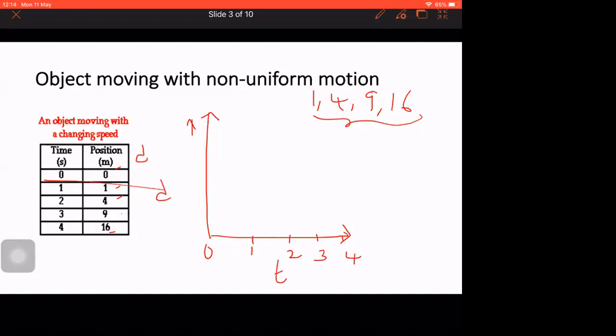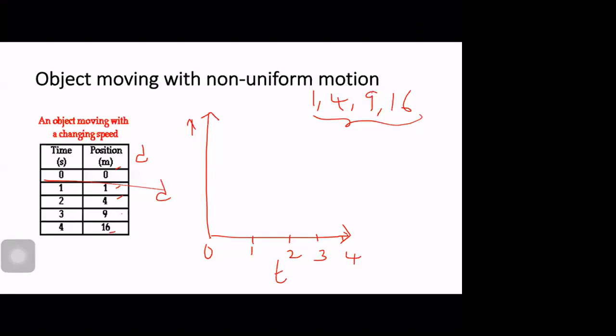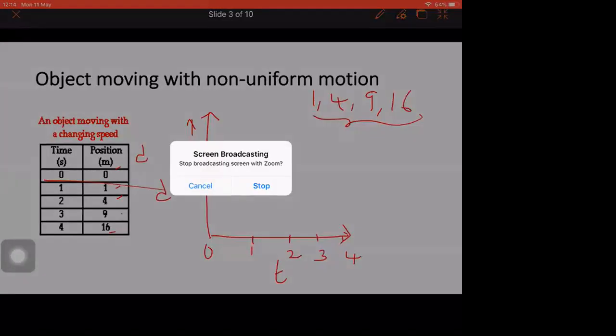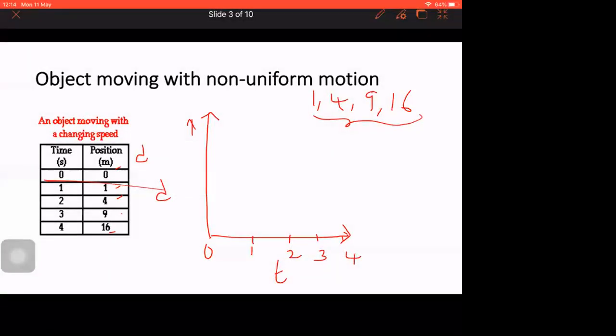If you want to take 5, 10, 15, 20, you can take, but the difference between numbers should always be the same. I don't want my graph to be long, so I will be going for 5. I have a small graph, and if I have very little space, I can't accommodate more. That is the reason I am going for 5, 10, 15, 20.